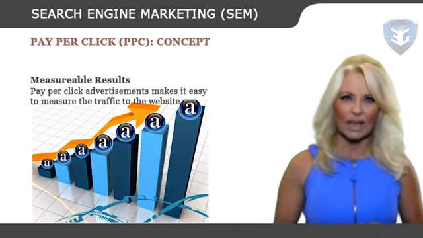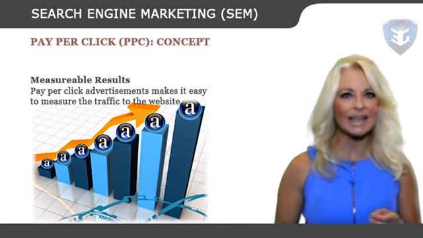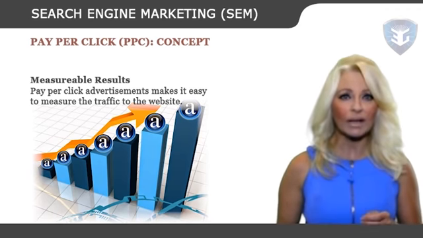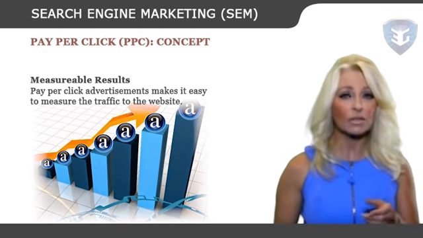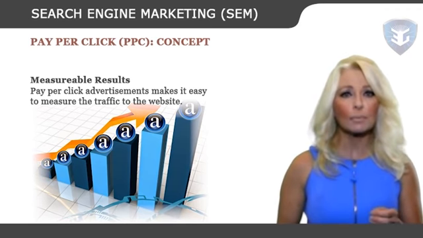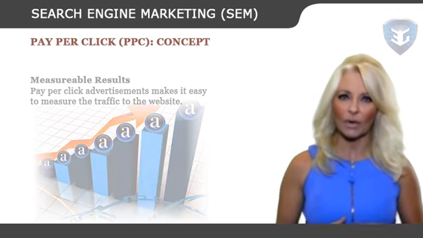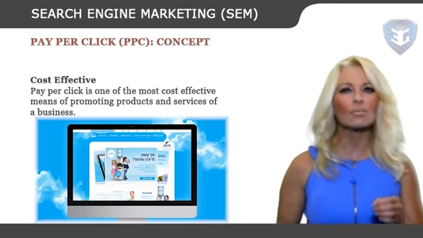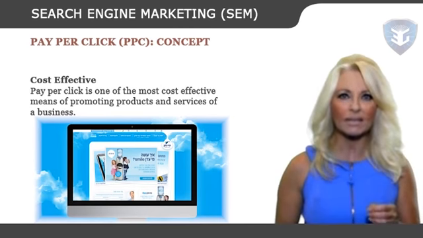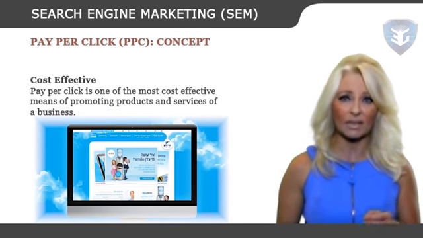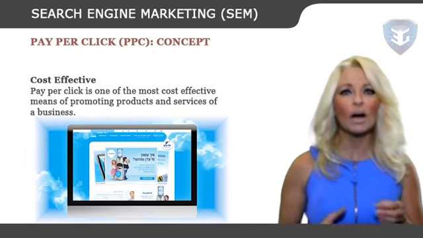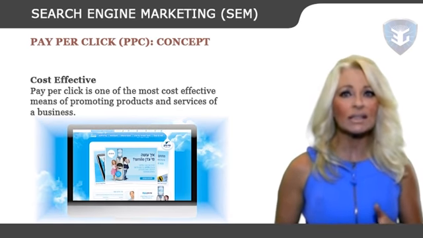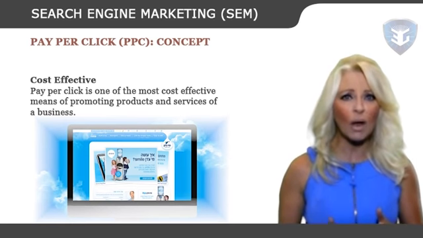Measurable results. Pay-per-click advertisements make it easy to measure the traffic to the website. The click-through rate measures the number of visitors to the website. Cost per click also measures the traffic inflow. Cost effective. Pay-per-click is one of the most cost-effective means of promoting products and services of a business. In contrast to other advertising methods, in PPC advertisements one needs to make payment only when the ad gets clicked